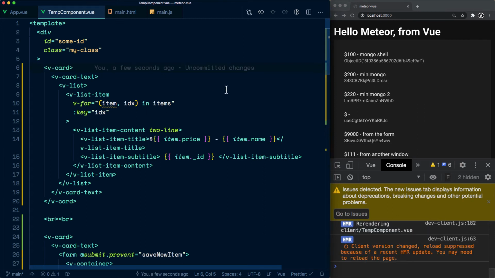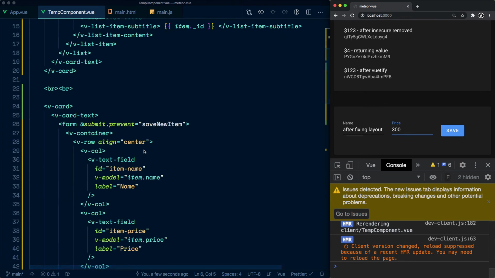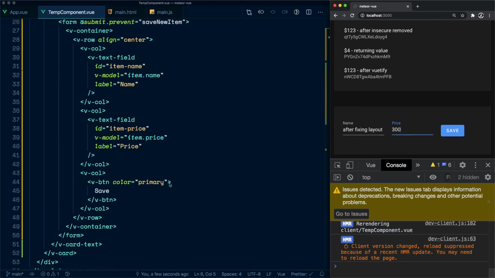All right, so let's do after fixing layout and then the price 300. If I hit enter, this is not gonna work anymore. And let's see if we can change that. What about adding this type